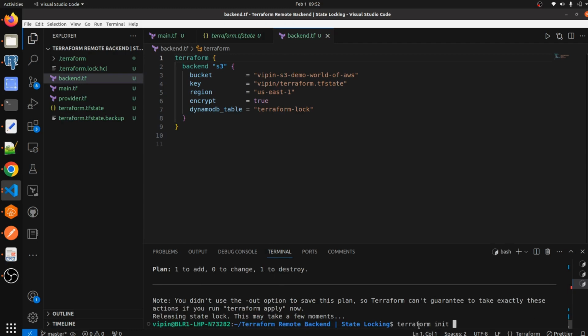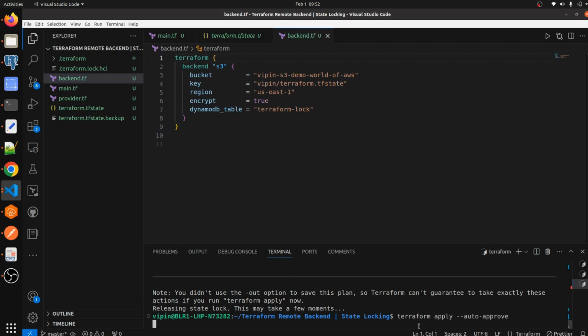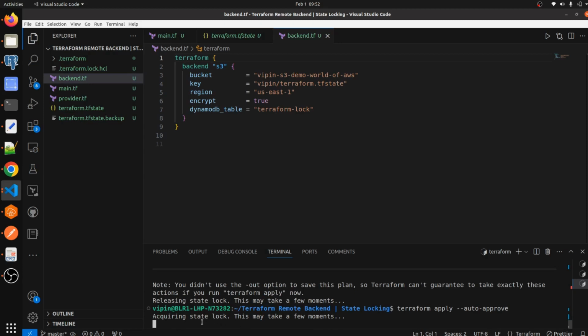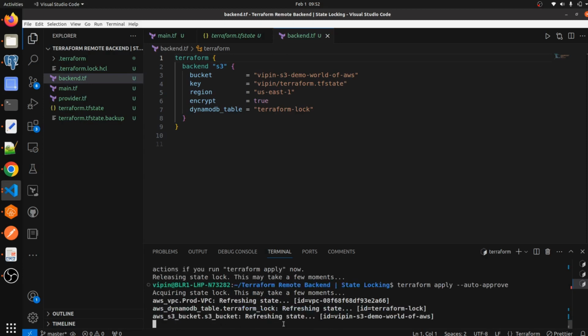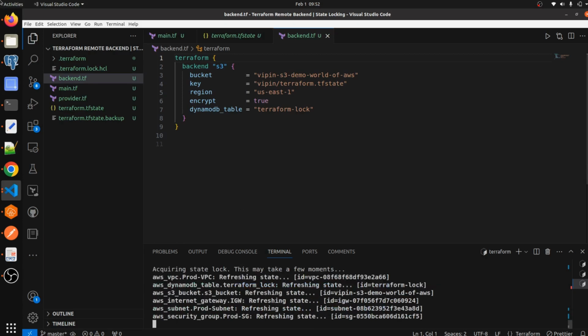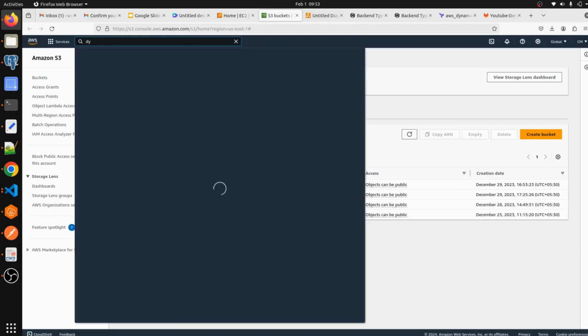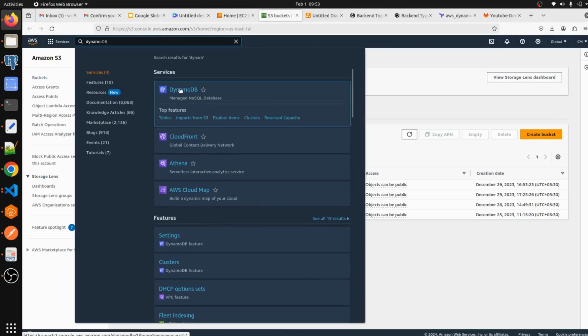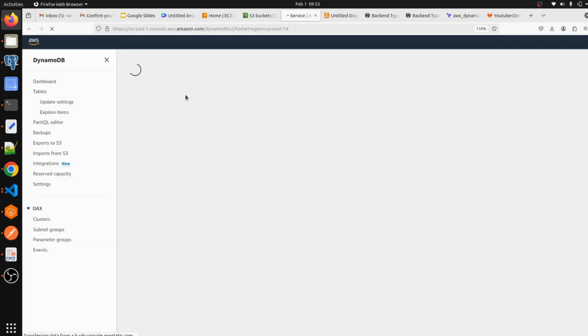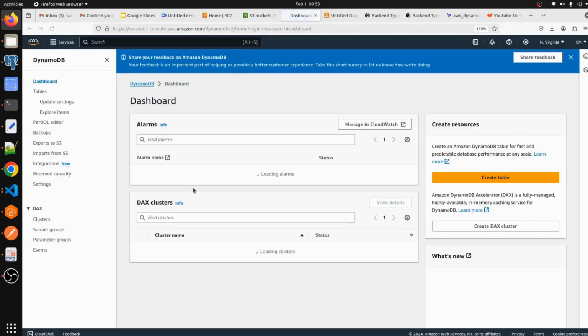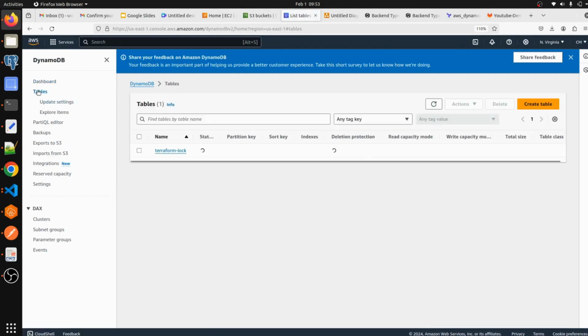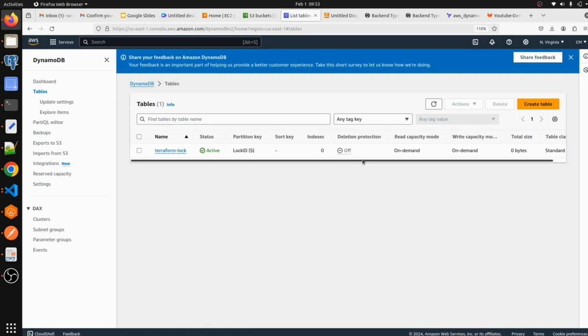So, terraform apply -auto-approve. So acquiring a state lock. We can go to AWS management console, DynamoDB. Let's open the DynamoDB table, and we can see that there is one table that will get created. Just go to tables, and as you can see here, the terraform-log table has been created by our Terraform